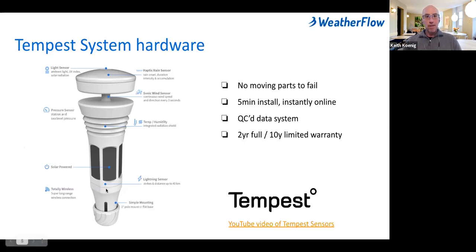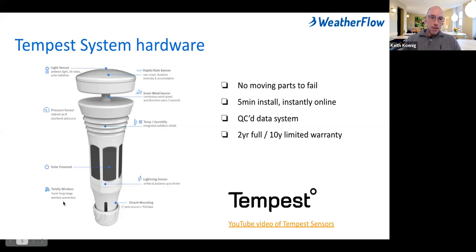Also down in the bottom, isolated from the sonic transducers, is an onboard lightning sensor. The lightning sensor is a great little device. It does both cloud to cloud and cloud to ground strikes, but we also enhance what the end customer sees by virtue of having a network of sensors. And so if there are lightning strikes detected at a range that's outside of the detection range, say 50 kilometers away, we can backfill the data that you see from other data from the network to give you a more complete picture of the reality around you, by virtue that the crowd is smarter than the individual.